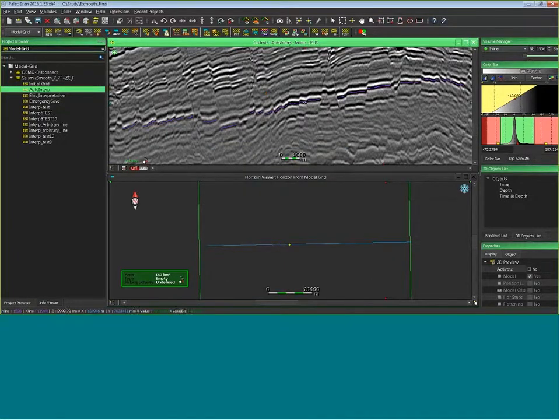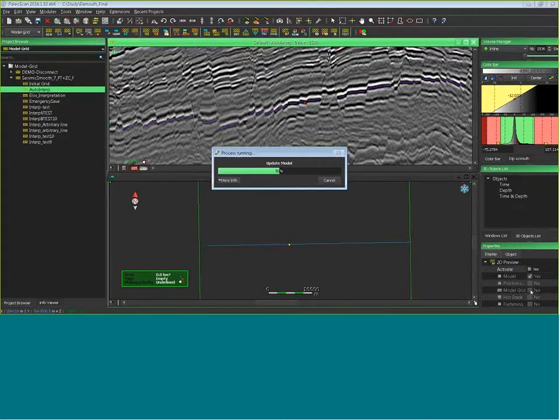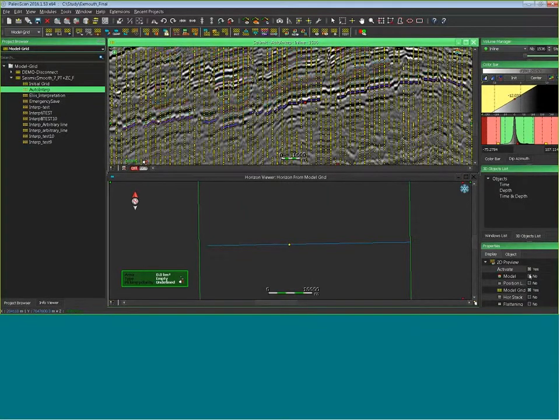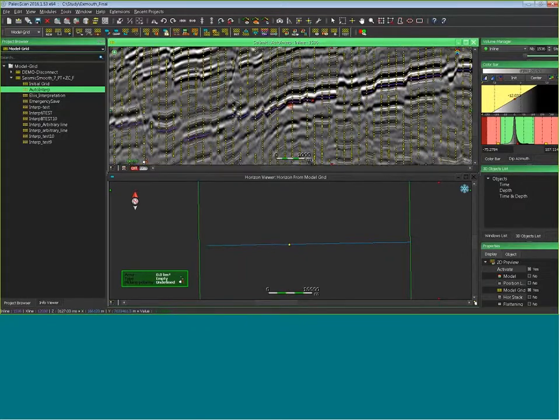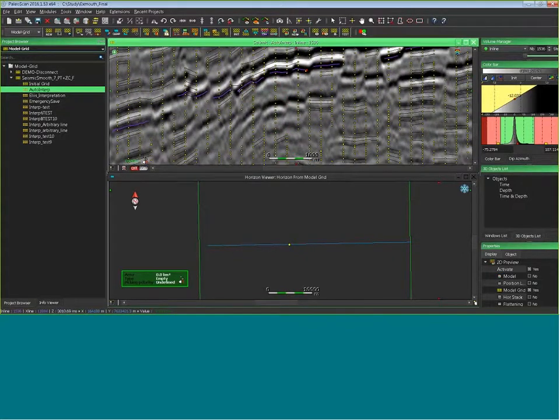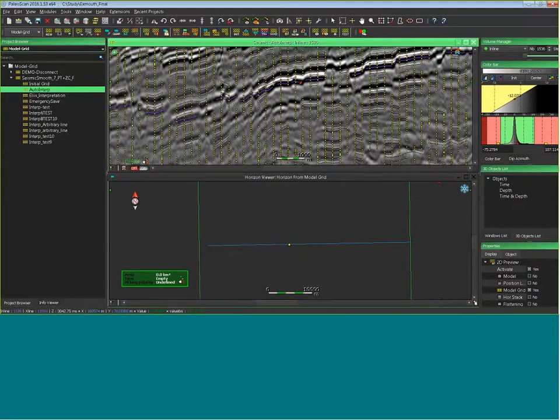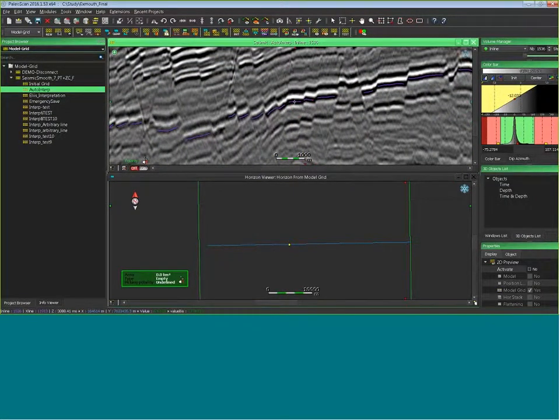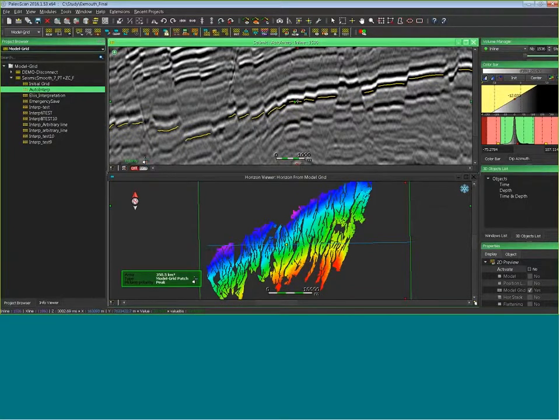Now it's finished. I will show you my model grid. If I zoom in, you see I have my horizons and only a few connections with very high correlation. Now if I activate my horizons and just put my seed and press W,